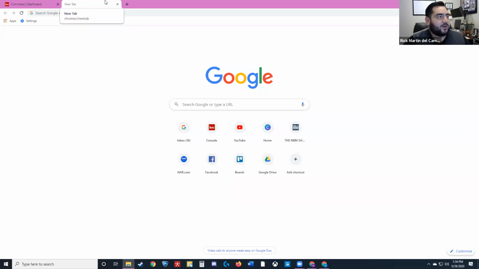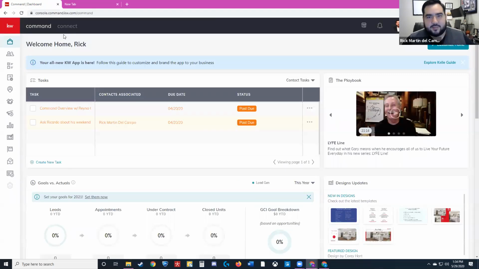I want to show you a little bit about what Command Designs is about. Command Designs is a platform, an applet within Command, that is going to allow us to create graphics so that you can market your business, market your listings, and create awesome marketing collateral that allows you to promote yourself and get out in front of people.